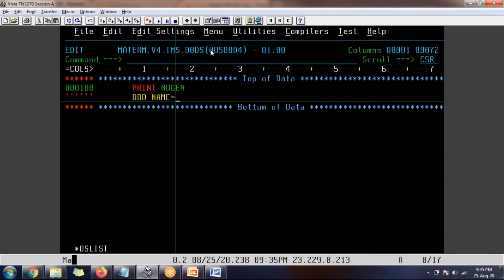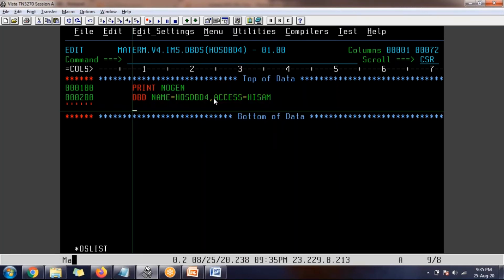What is our database name? I'm going to use Asphotel DBD4. Then I'm going to give ACCESS equal HISAM. Done. Next, the data set macro: DD1 equals Asphotel, which is the DD name, and OVERFLOW equals HOSPFLO. Whatever I have before the equal sign, those are keywords that I cannot change.